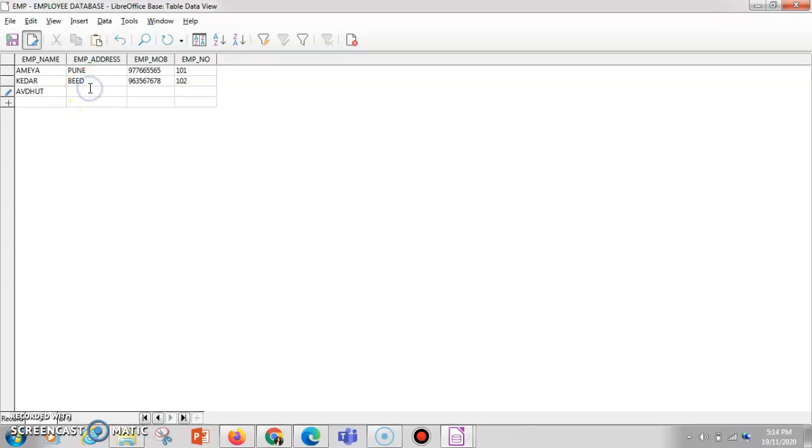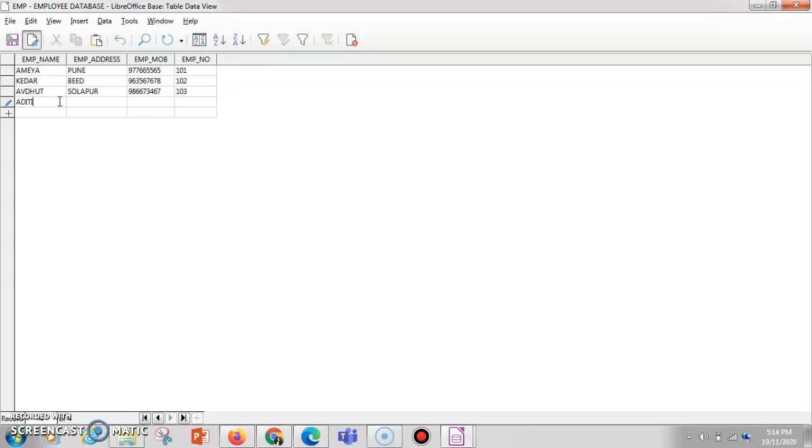The address for him will be Solapur. The contact number I'll be giving here, and then I'll give the employee number. Employee number is the primary key, so make sure that it has unique entries.